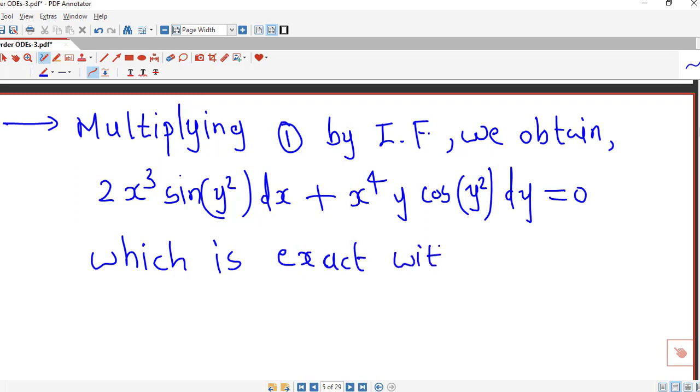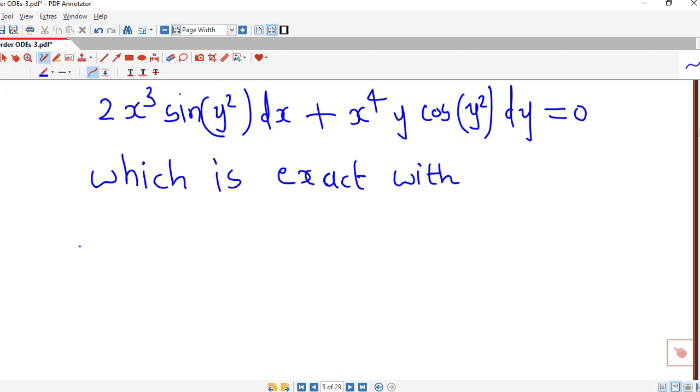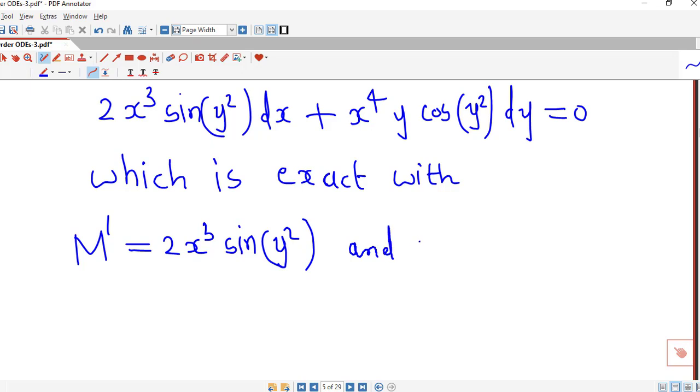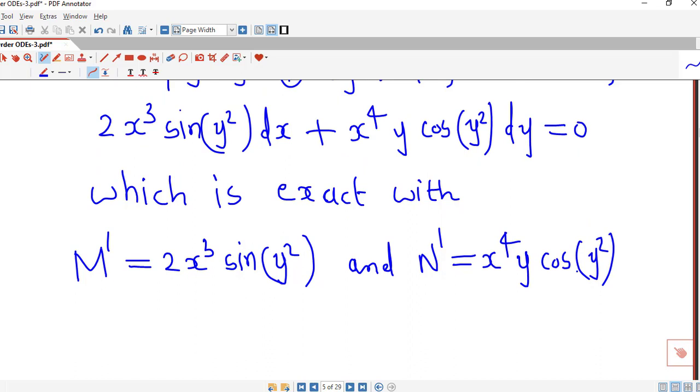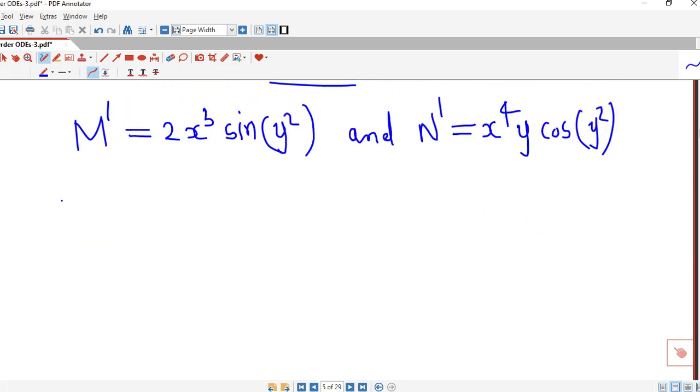We consider the coefficient of dx as M dash, which is equal to 2x cube sine of y square, and N dash equal to x raised to 4 y cosine of y square. So now this is an exact differential equation. So we find its general solution using this M dash and N dash. Therefore the general solution is